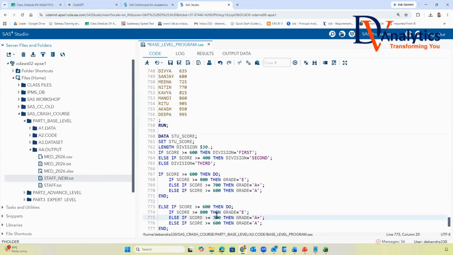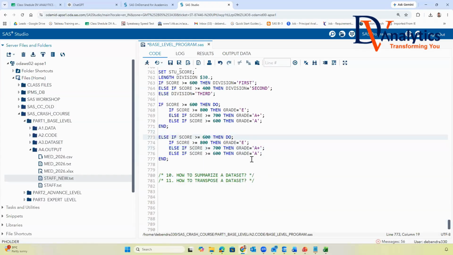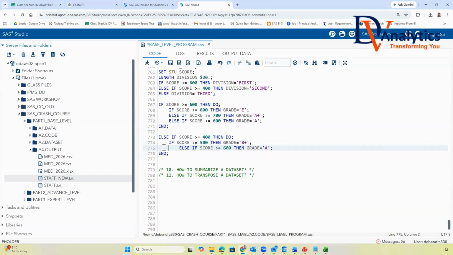Now, else if it is greater than or equal to 500, grade is B plus. If it is greater than or equal to 400, then it's going to be B only.